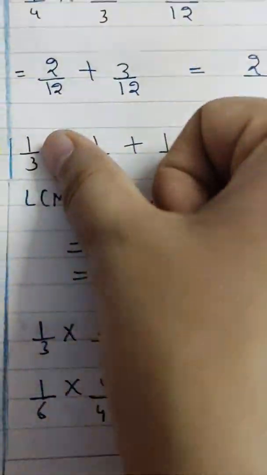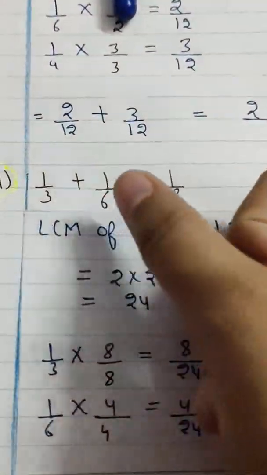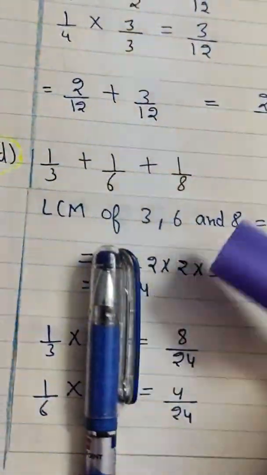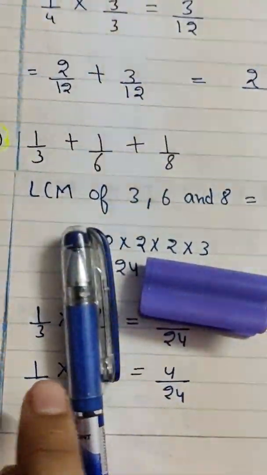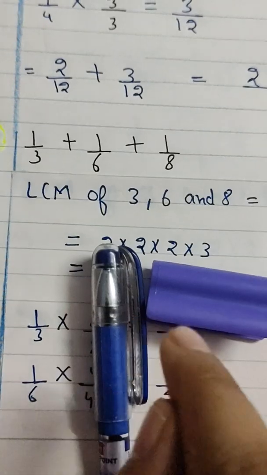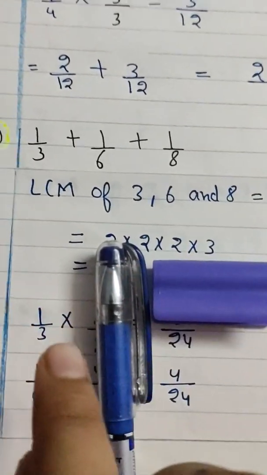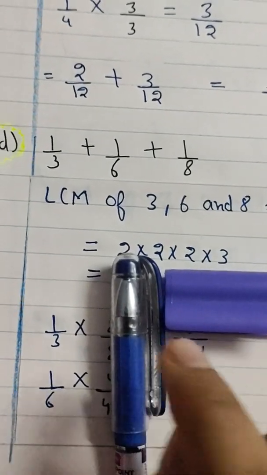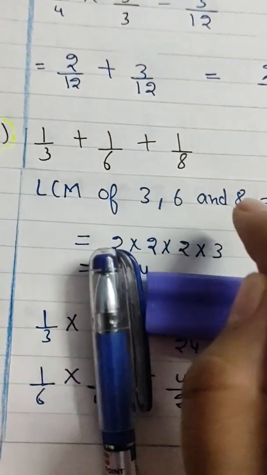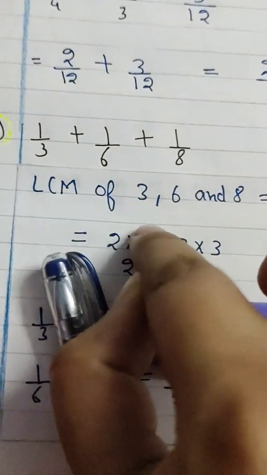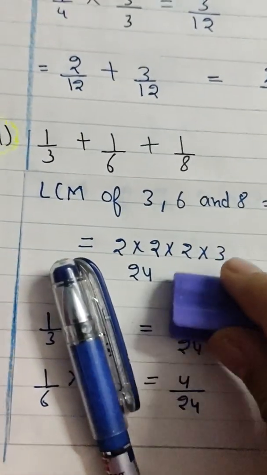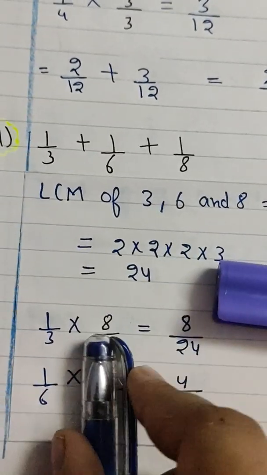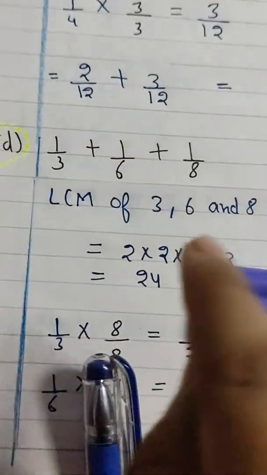Okay, now we will write these 3 like this: 1 by 3, 1 by 6 and 1 by 8. So what you will do is 1 by 3. Now exactly the same thing you have to do. Please remember this thing. Now 3 multiplied by what number so that it becomes 24? As you can see here, 3 times 8 is 24. You will leave this 3 here, 2 times 4 is 8. So we will multiply by 8, and the numerator will remain the same, so 1 times 8 is 8.